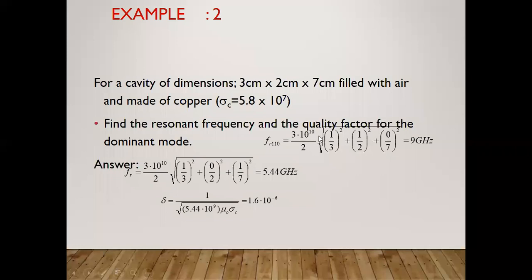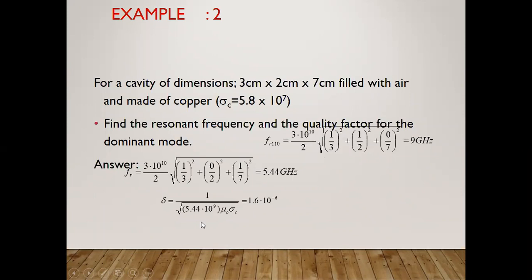So what is given here is 3 into 10 raised to 10, that already we have seen in the formula, that is the velocity of propagation, divided by 2 root of A, B, and C. That is nothing but M pi, N pi, and P pi divided by A, B, and C. All these things are mentioned here. In this way, you can calculate the resonant frequency, that is 9 gigahertz. Okay. And if you change it for the particular mode, here 110 was there. So see here, my M, N, and P, 110. Similarly, if I change it to 101, that is M is 1, N is 0, and P is 1 again.